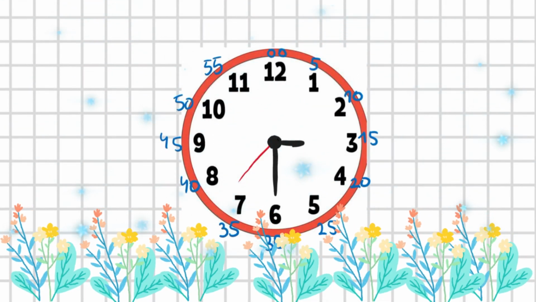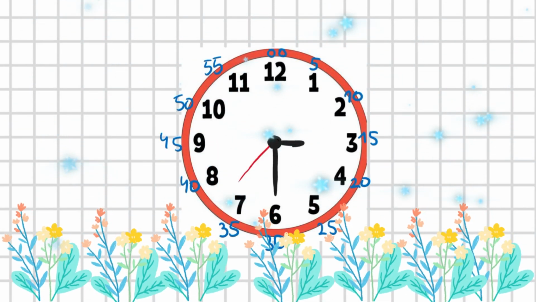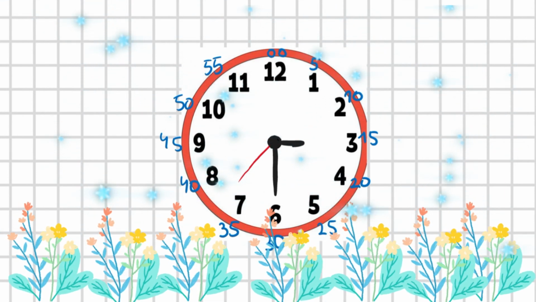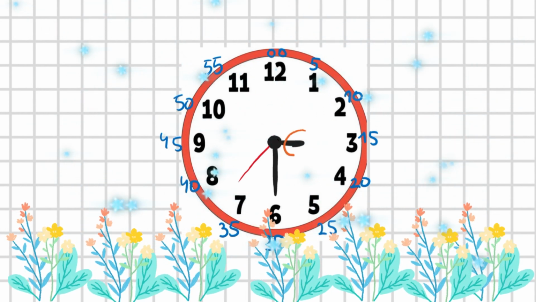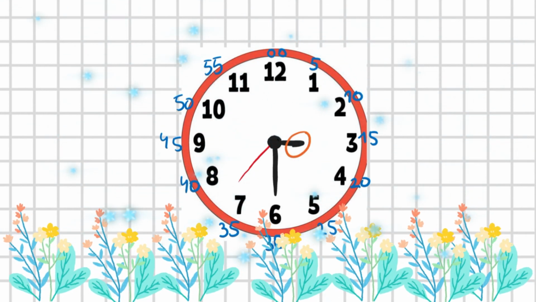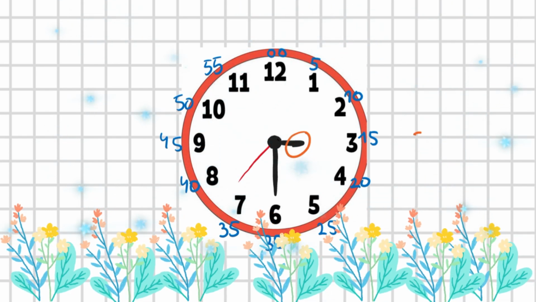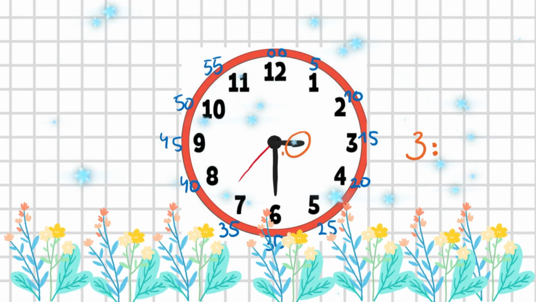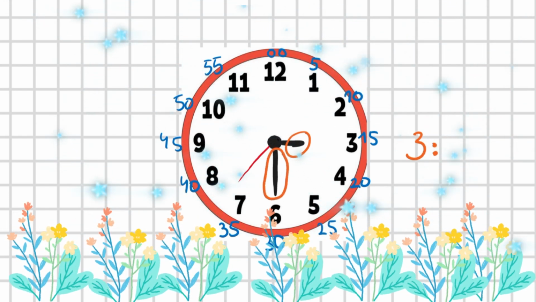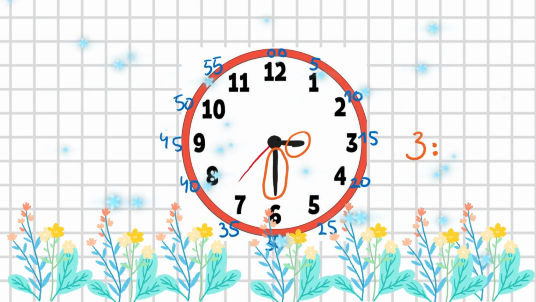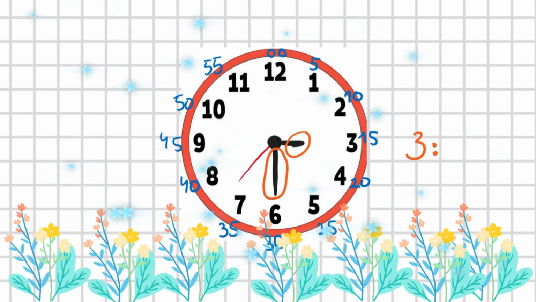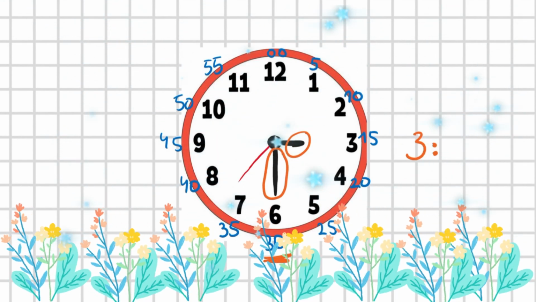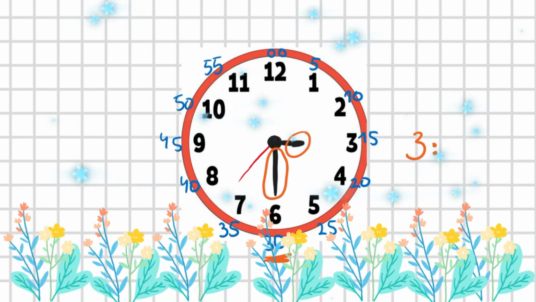More important is how do we read a clock? To read a clock, first of all, we look at the short and thick hand, this one. Where does it point? It points to 3, which means it's 3 hours or 3 o'clock, and then we look at the thick and long hand which points to 6, but it's minutes, which means it's the table of 5. So 5 multiplied by 6 is equal to 30. I wrote it down so it can help you, which means that it's